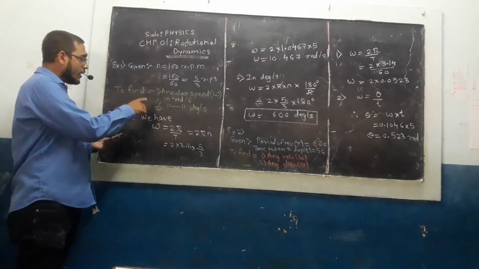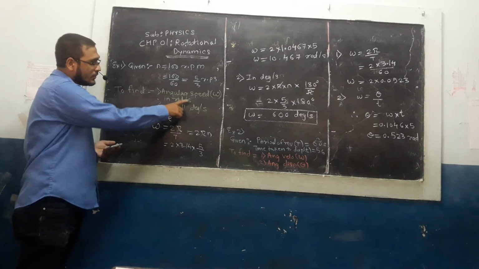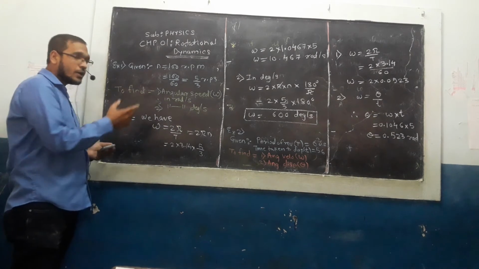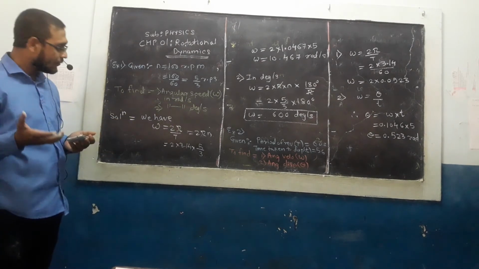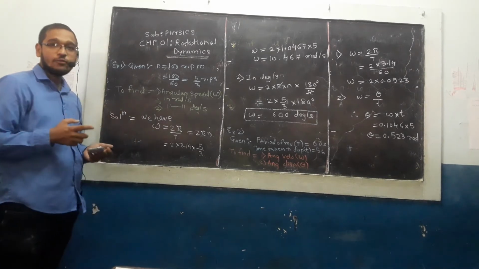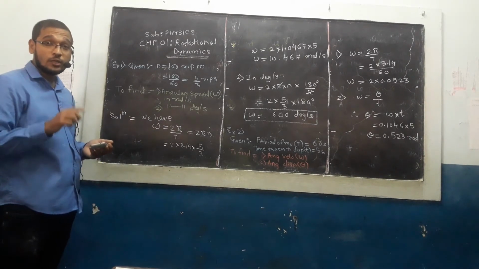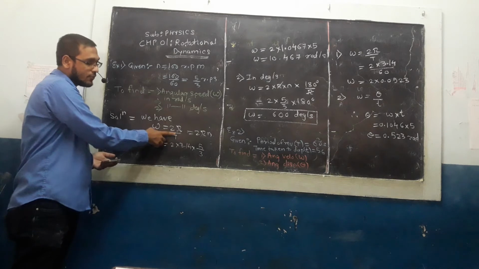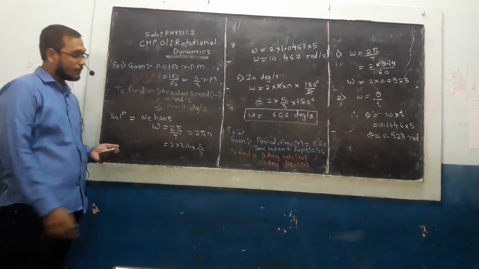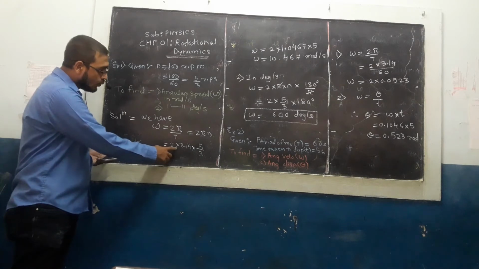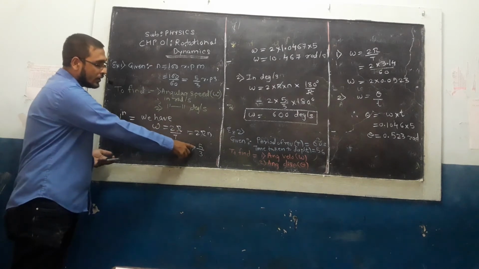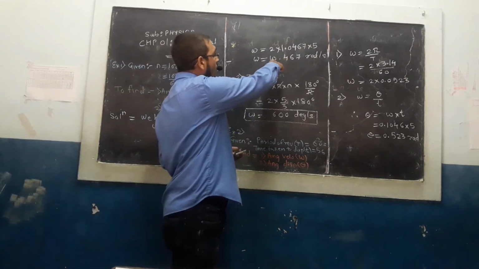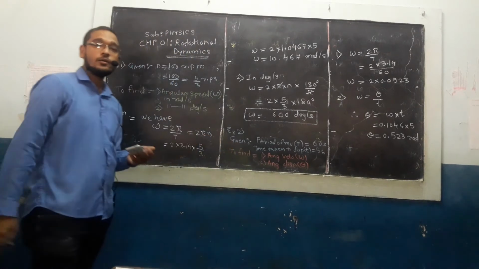Okay. Now what we have to find? Angular speed in radian per second and angular speed in degree per second. Okay. So angular speed is nothing but angular velocity. What is the formula for angular velocity? Omega is equal to 2 pi upon t, or omega is equal to 2 pi n. If we have the time period t, then we use this formula. If we have the frequency n, then we use this formula. So put the values. 2 into the value of pi, that is 3.14, into frequency, that is 5 upon 3. When we solve it, we get 10.467 rad per second. Okay.